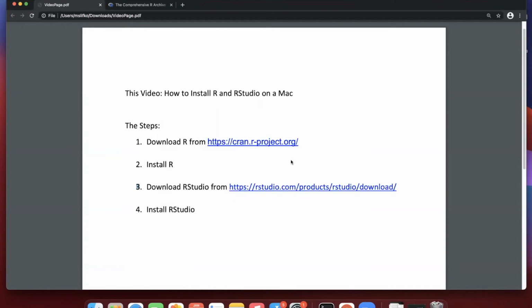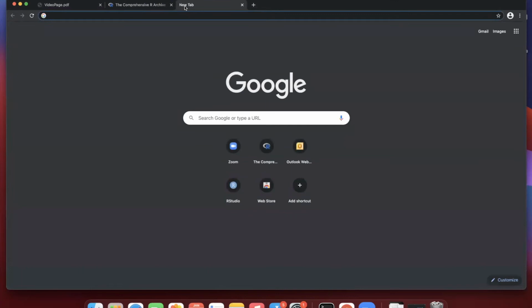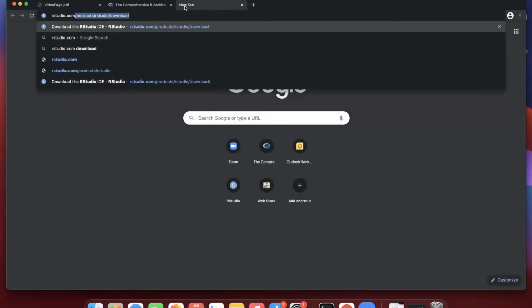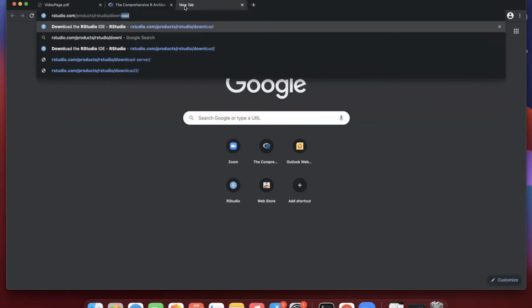Remember, R is the basic programming language that we're going to be using. However, there's this other related piece of software called RStudio that is like a nice interface, and it makes using R a little bit easier. So our next step is to download RStudio by going to the website listed here, rstudio.com/products/rstudio/download. I'm going to start a new tab because I like to open tabs, but we'll go to